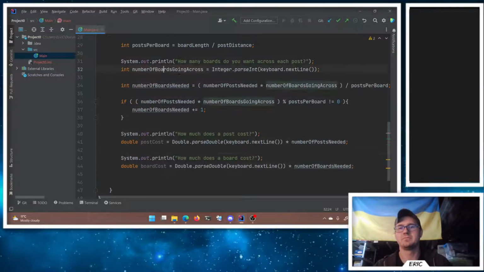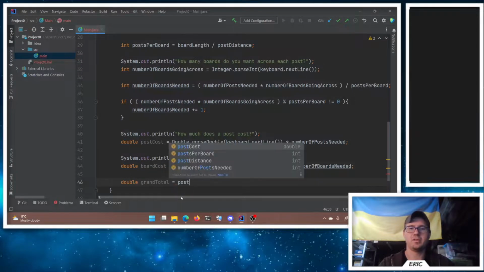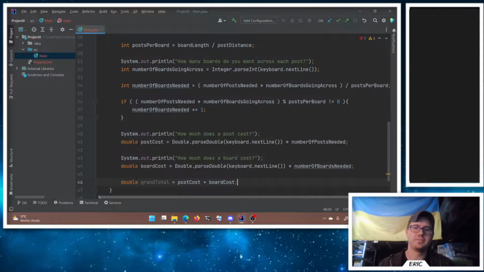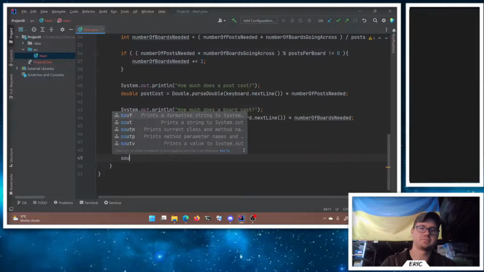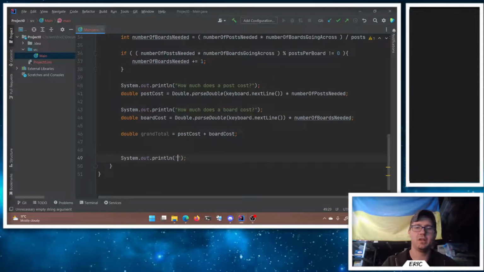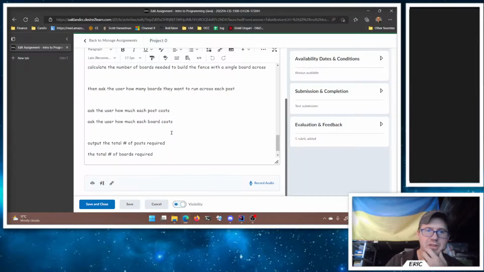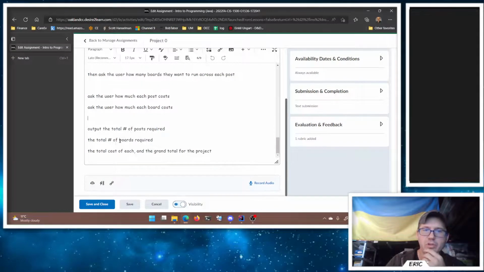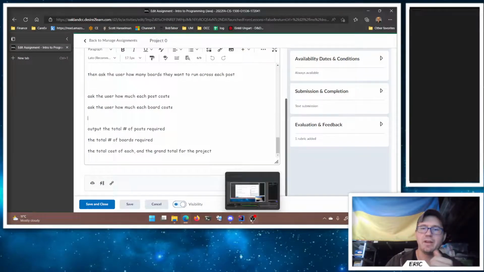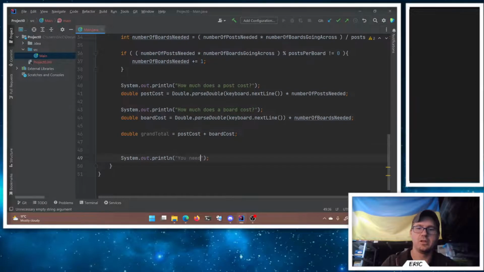There we go. Right, so how many posts we're going to need, how many boards we're going to need, we'll get the post cost and board cost, and then we can have a double for grand total is my post cost plus the board cost, and then we can spit it all out when we're done. So we can say, I'll put the total number of posts required, the total number of boards required. All right, so you need to buy so many posts and so many boards. You need to buy, and then